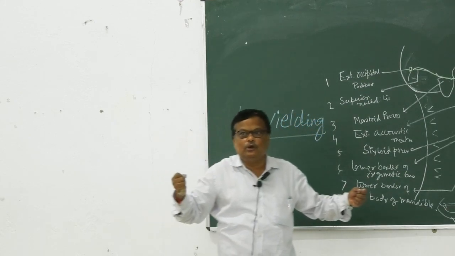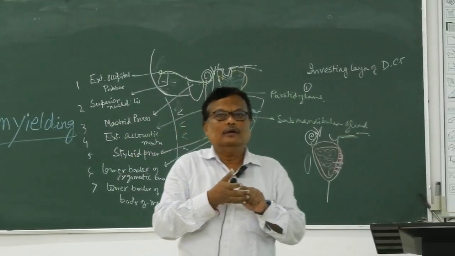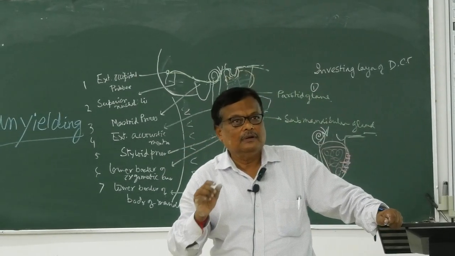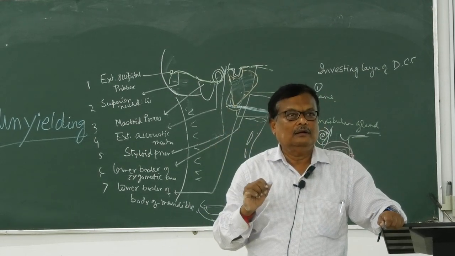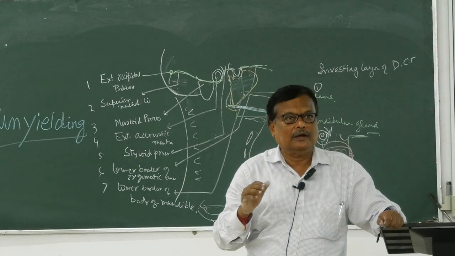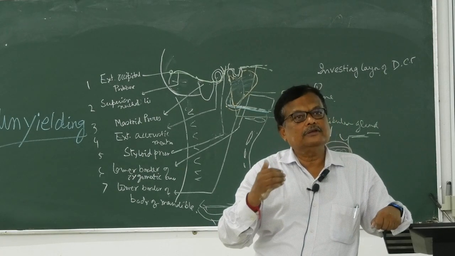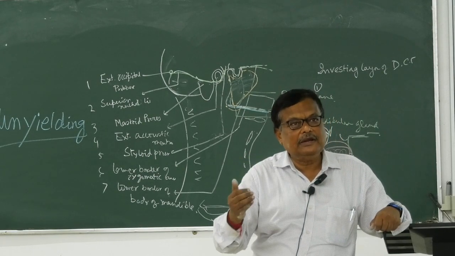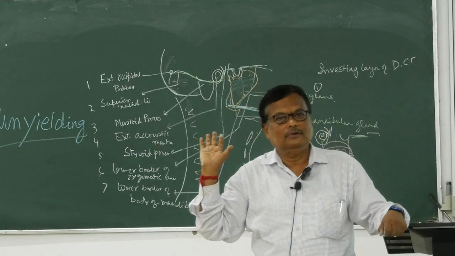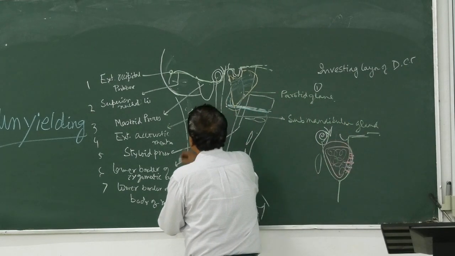Yielding মানে কি, ইলাস্টিক নয়, yield করা মানে হচ্ছে ইলাস্টিক। So due to unyielding nature of the superficial layer of this fascia, parotid fascia, the pressure within this gland is created very high, which irritates the nerve, so the parotid swelling is painful. Bas শেষ হয়ে গেল। তাহলে এটা গেল আপার অ্যাটাচমেন্ট।